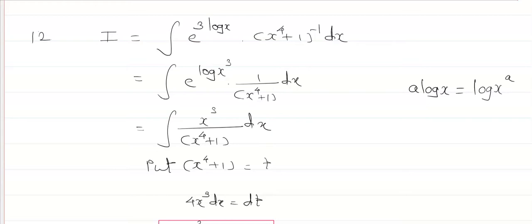Now again there is one more relation, that या प्रकारे जर असेल तर e raised to log of a to the base e, म्हणजे बेस e आहे आणि e raised to a, द आन्सर किती? तर e. Therefore, इथे देखील तसंच आहे. इंटिग्रल e raised to log of x cube. But what about here base? The base is e there. Therefore, its whole answer is x cube. 1 upon x raised to 4 plus 1. Therefore, integral x cube upon x raised to 4 plus 1.